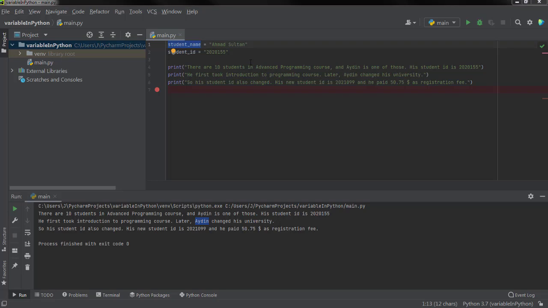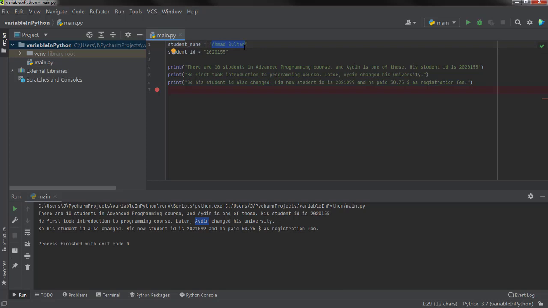Generally when you are creating a name for a variable in Python, you want to separate the different words with an underscore. Like I have two words here, student and name, and I am separating them with the underscore. Then what I need to do is put a value inside this variable.